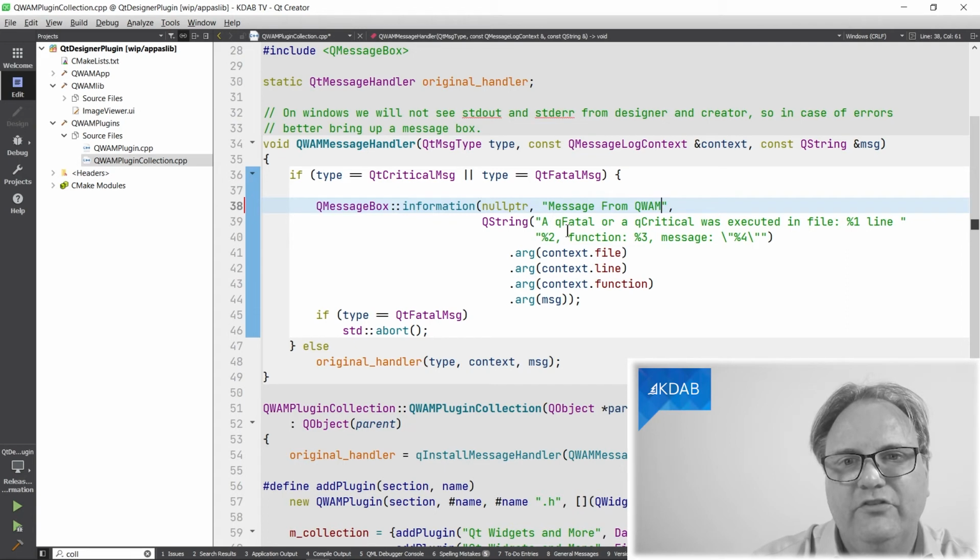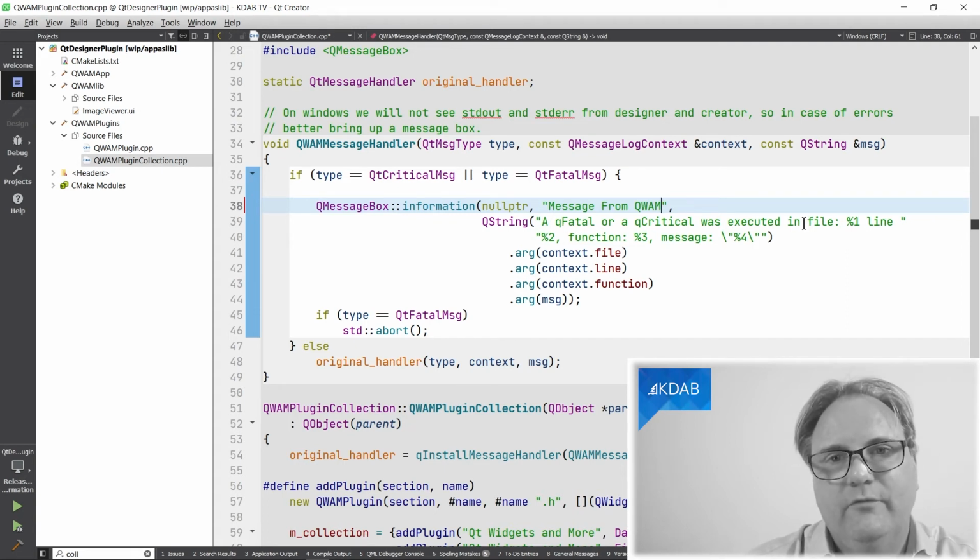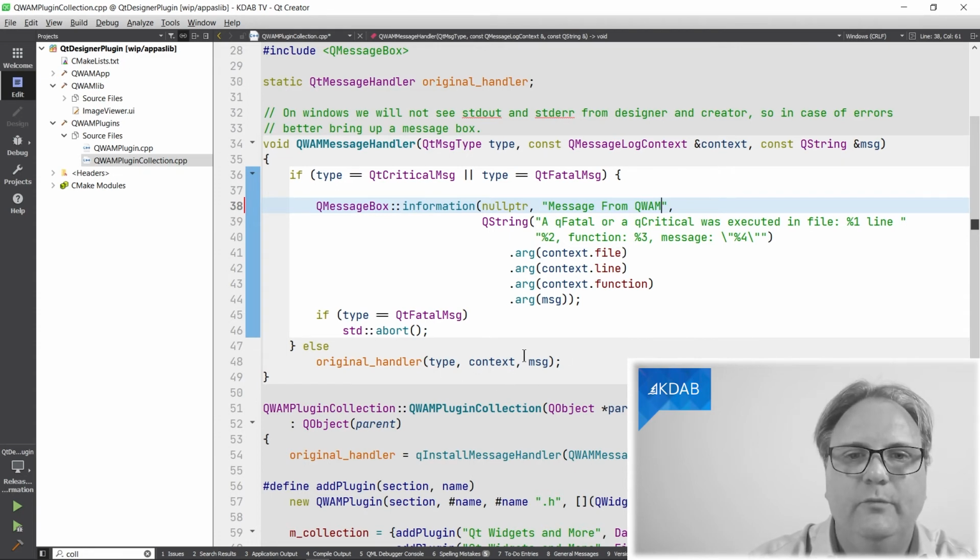Likely line, function, and file will not be available because you are in release mode, but it's worth the try nevertheless. And if it's a fatal, then I'll abort so that I can get out of this in a nice way. I could actually do, as I do down here, call the original handler with this stuff here, which likely will abort too.